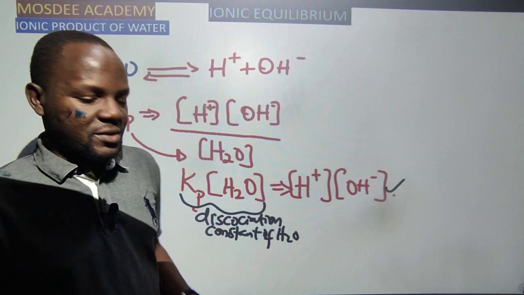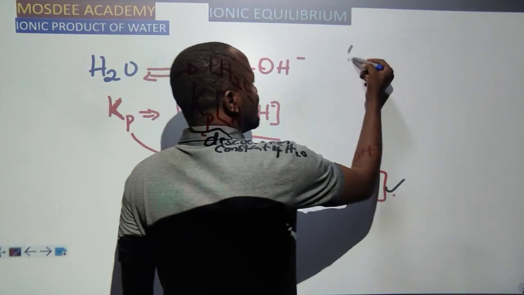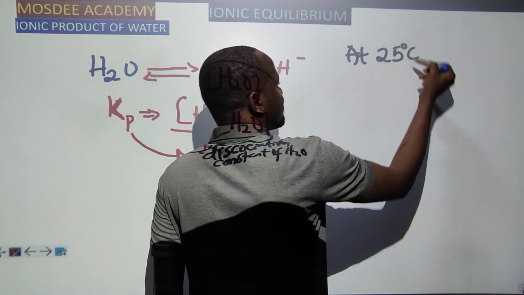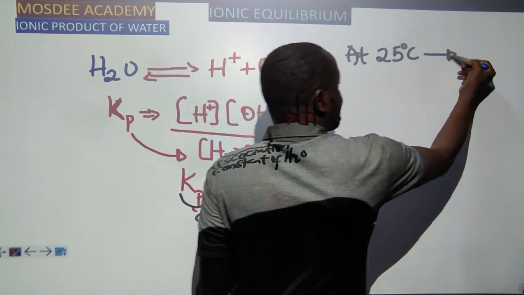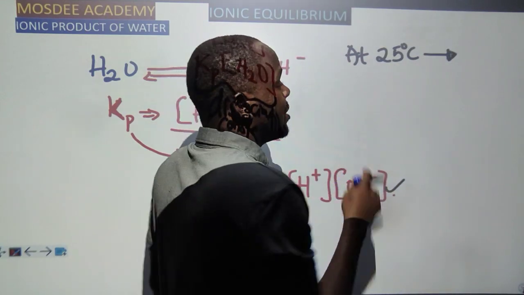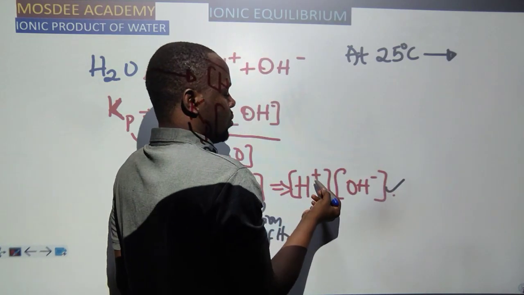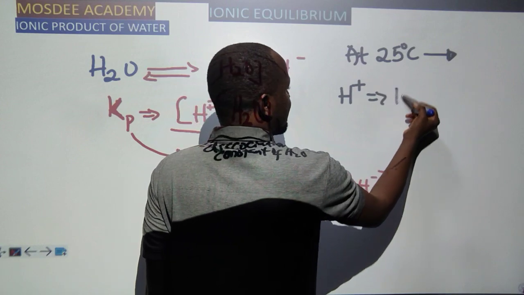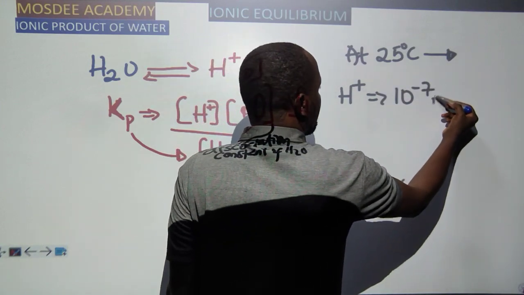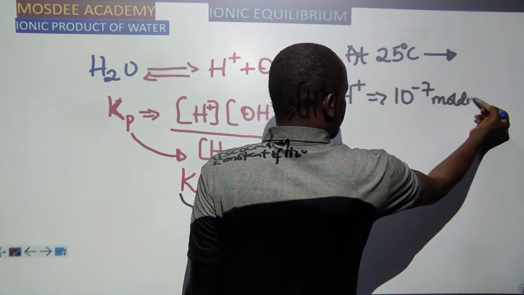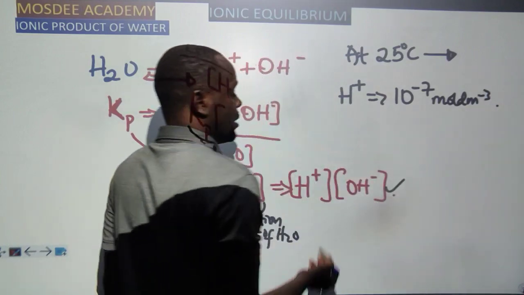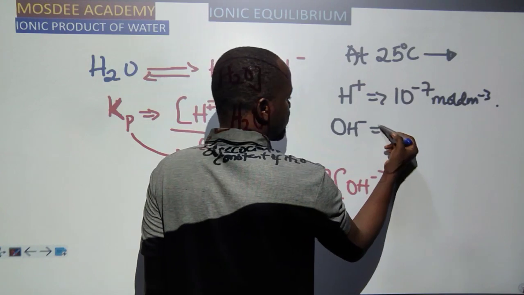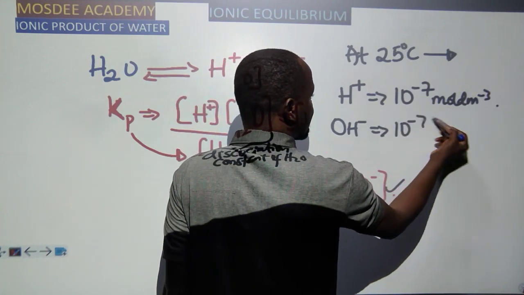So the dissociation constant of water is given as H plus and what? OH minus. Now, at 25 degrees Celsius, you can note this, we say water is said to be neutral to pH. Now, at 25 degrees Celsius, we say the concentration of H plus is given as 10 raised to power negative 7 moles per dm cube. Please listen, we are getting to where we are going. And that of OH minus, hydroxide ion, is also given as what? 10 raised to power negative 7